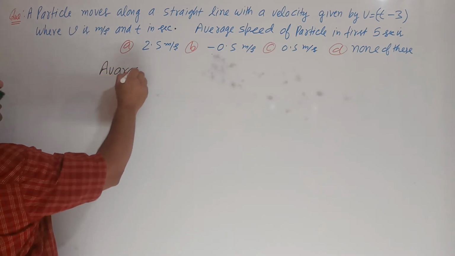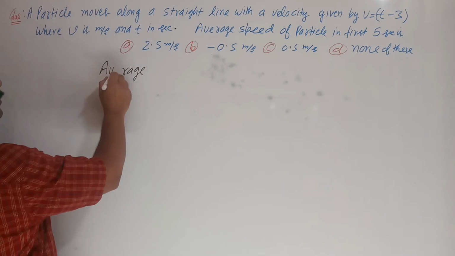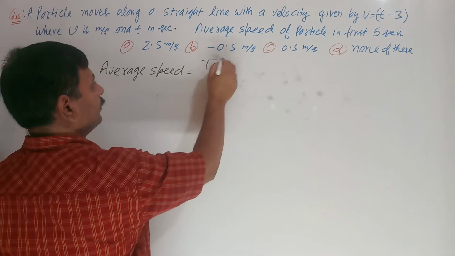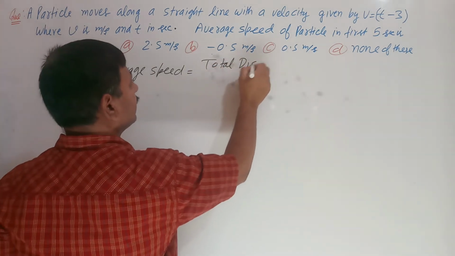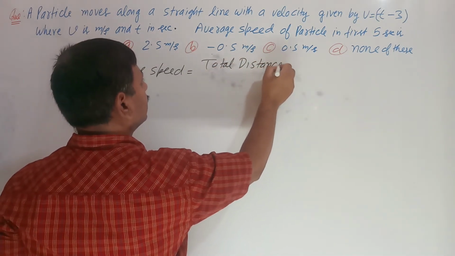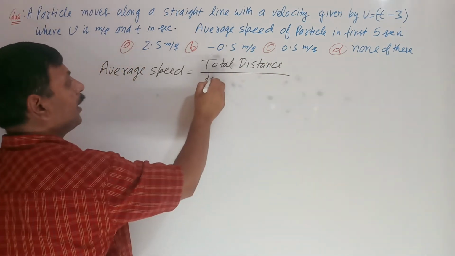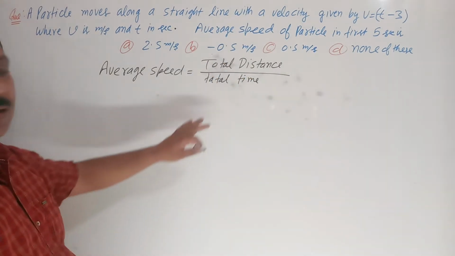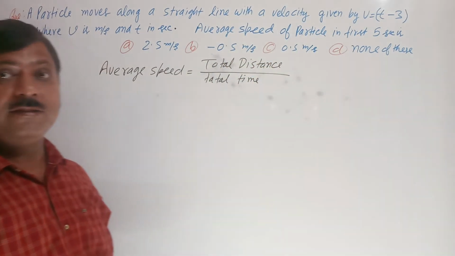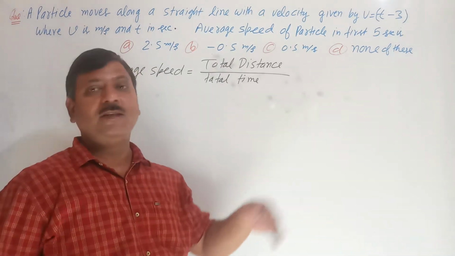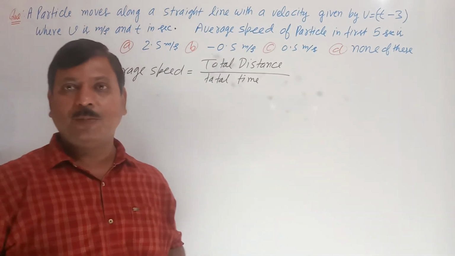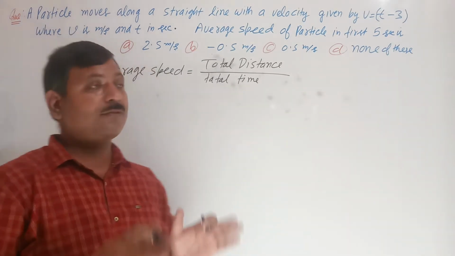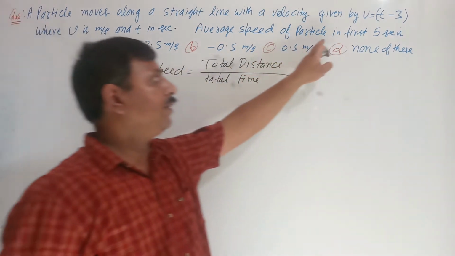When we talk about the average speed, what happens? Average speed is total distance upon total time. In 5 seconds, what will be the distance? So see here, if we want to find displacement, we have to integrate, no problem. But distance, I have told you, if you want to find distance, firstly check whether in the given time interval